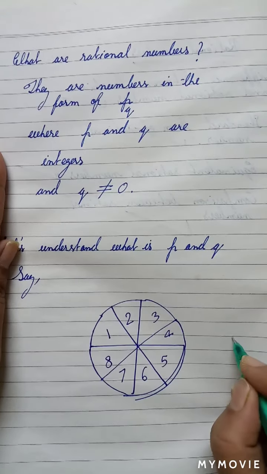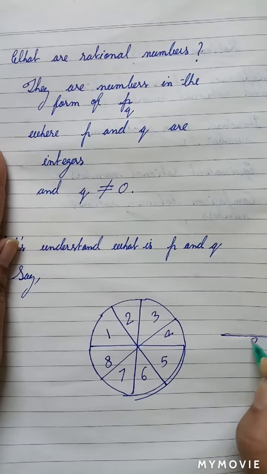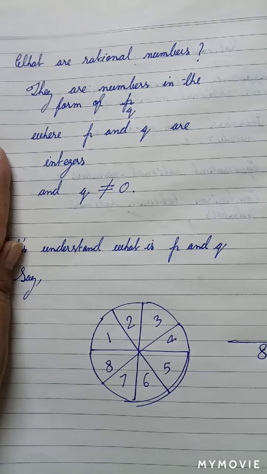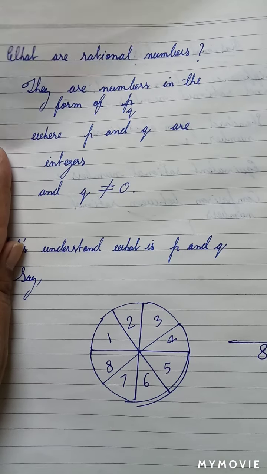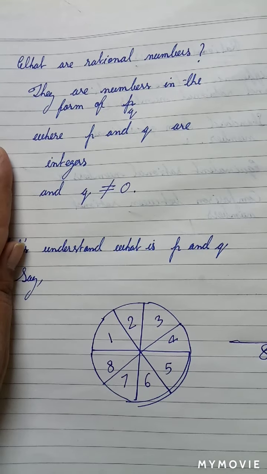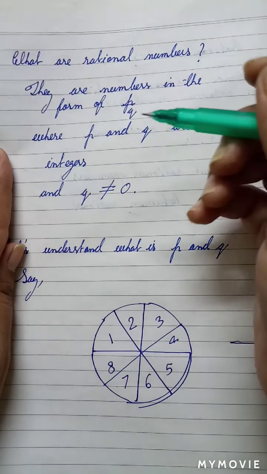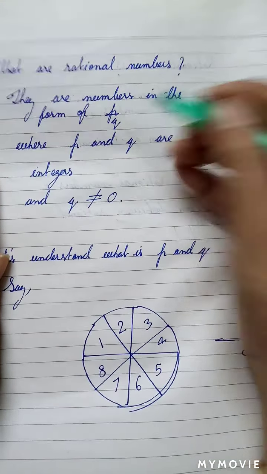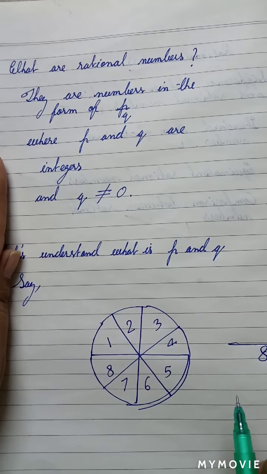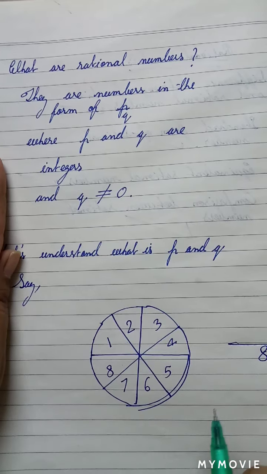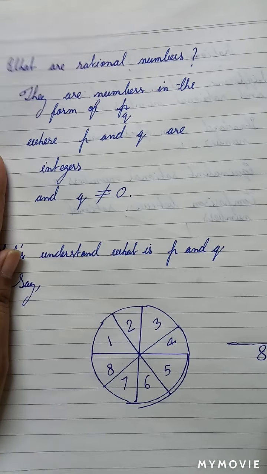Now in this case 8 will be the denominator. The number which is below the line, that is q. The q that we have just mentioned here. So 8 is the denominator and 8 represents the total number of equal parts in the collection, and it is